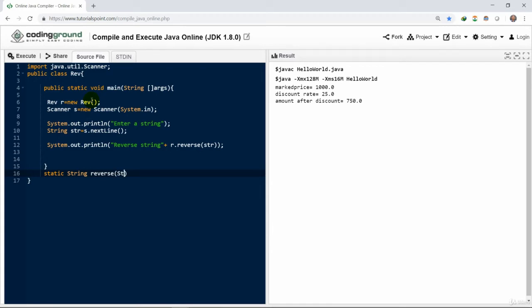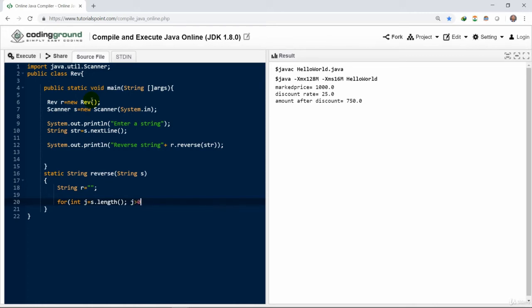Here we have created the method reverse of type string and made it static so that the values don't change. We have provided a string here, s, which is the same string that we have read from the user and stored in str. Remember, we are passing str in the reverse method from the System.out.println. And here this string gets stored in s. This is not an object for a scanner. This is a string variable here.